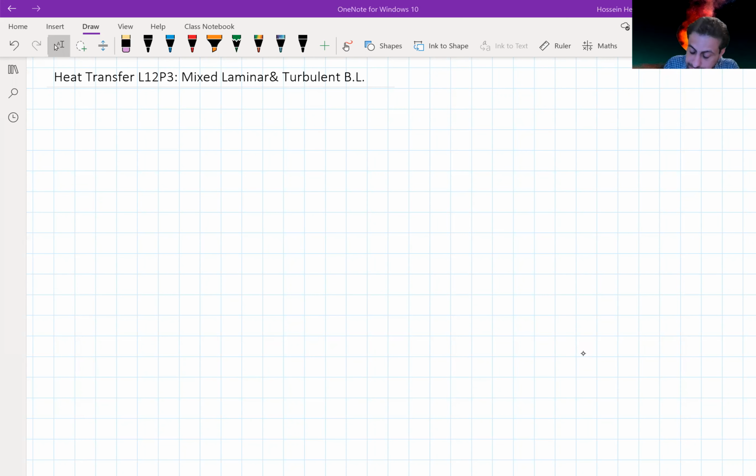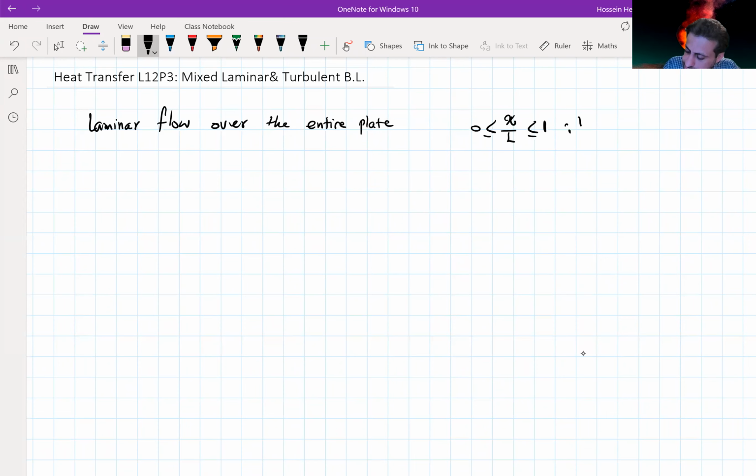So let's say we have laminar flow over the entire plate, let's say for x over L between 1 and 0 we stay on the laminar,